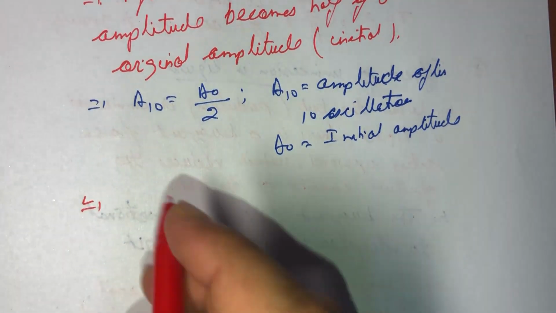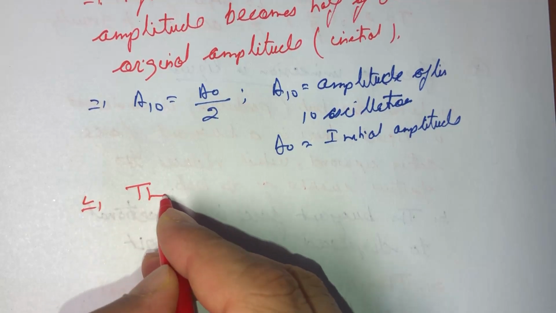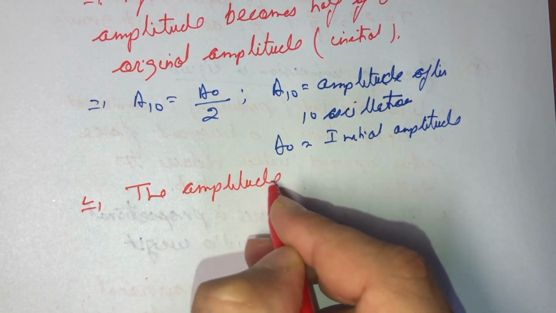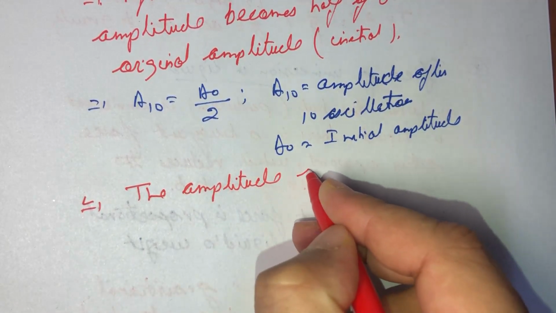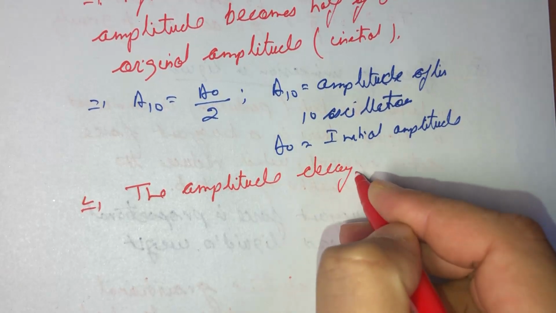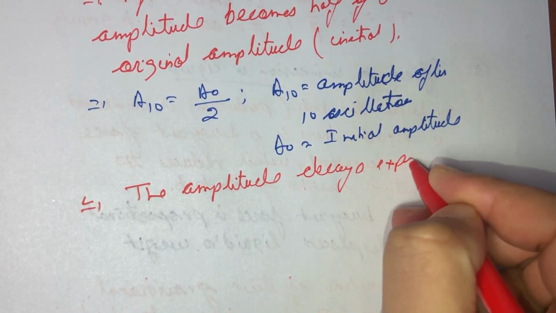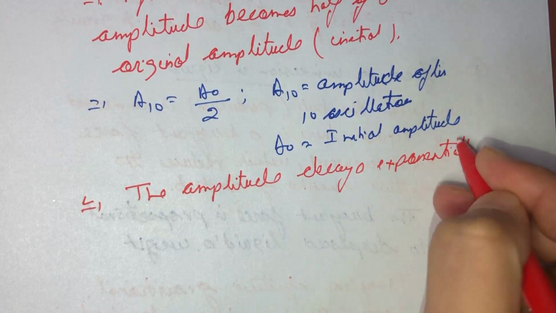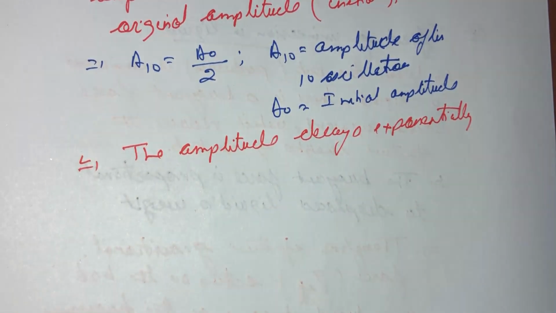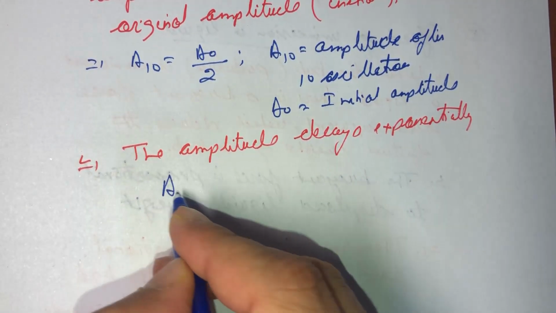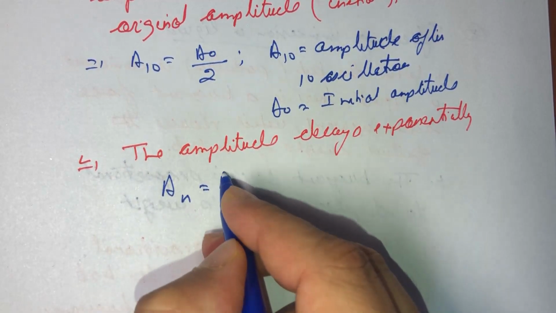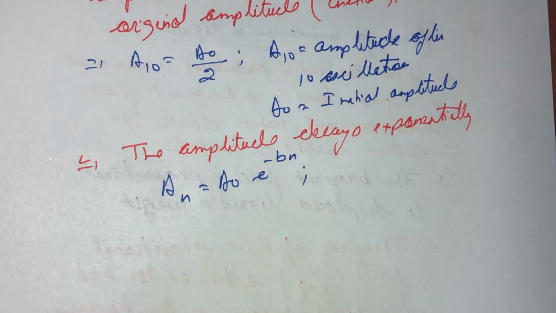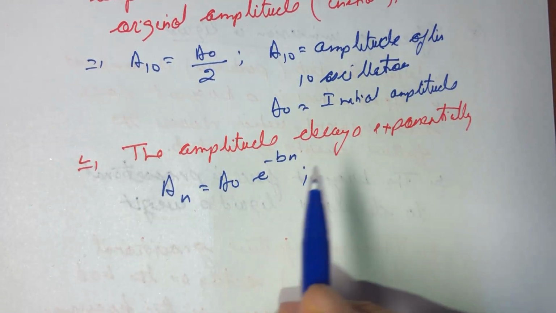So we can write that the amplitude decays exponentially, which is governed by the equation A of n is equal to A0 e raised to power minus b n, where A n is the amplitude after n oscillations,